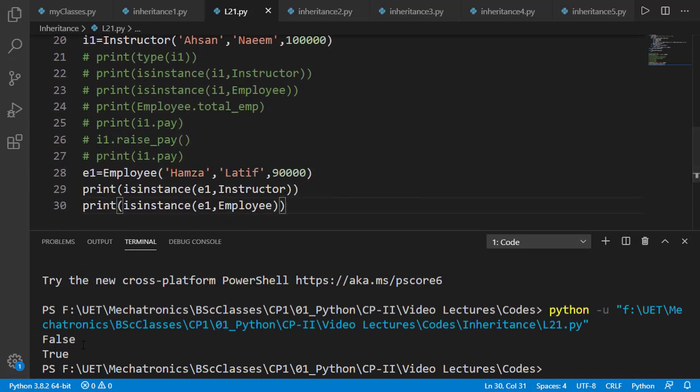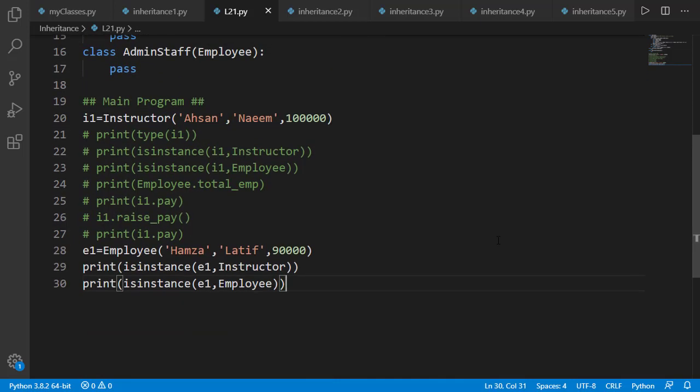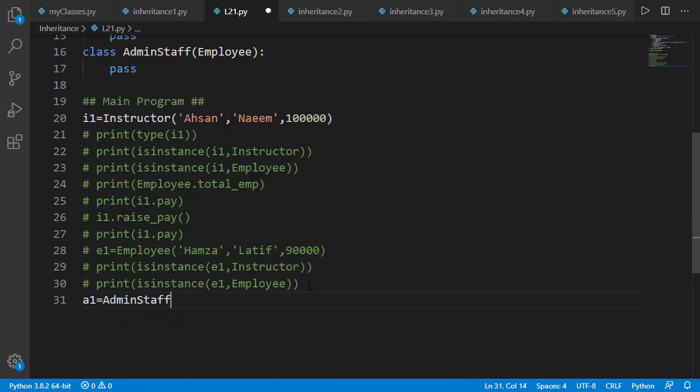And you will see that the created object is an instance of the employee class but is not an instance of the instructor class, because a child class object is an instance of the parent class but not vice versa. Now let's also create an instance of the admin staff class, which is also a child of the employee class. If we check isinstance on this object for all three classes,